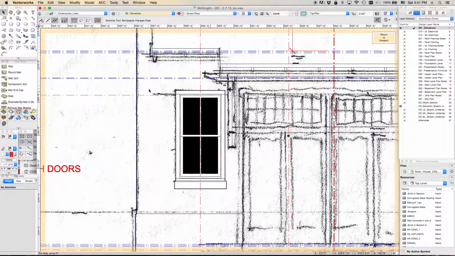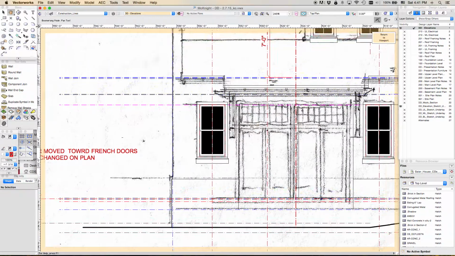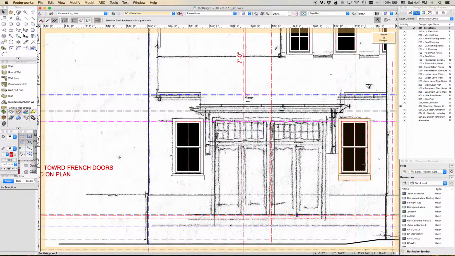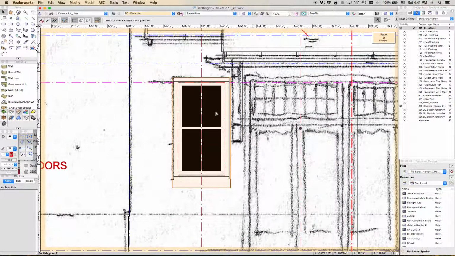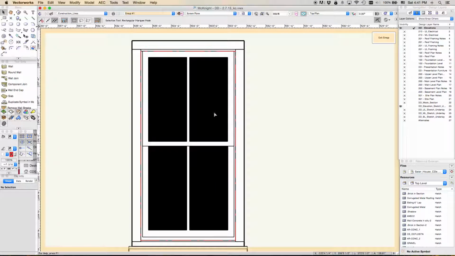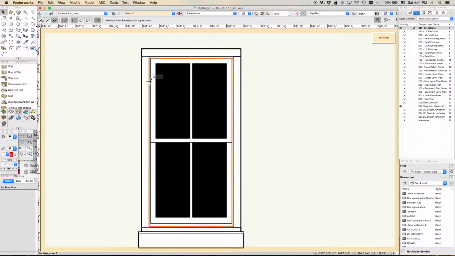Command and modifying windows. So, kind of in the design development stage, working on taking the windows around the building. This window needs to be adjusted a little bit. I'm going to double click to go into the group. The way these are set up graphically, this red dotted line is representative of the size of